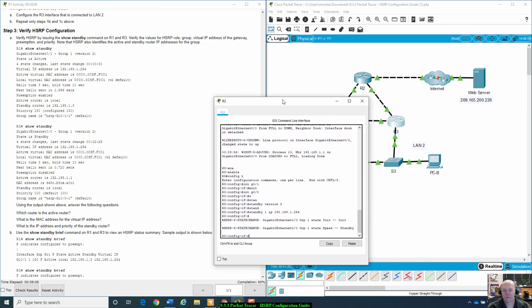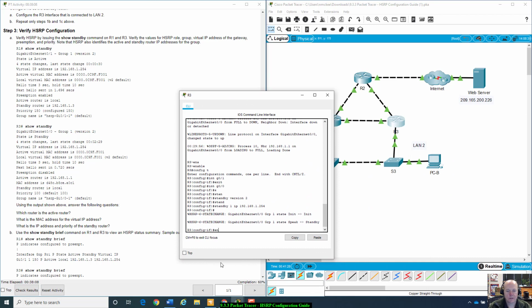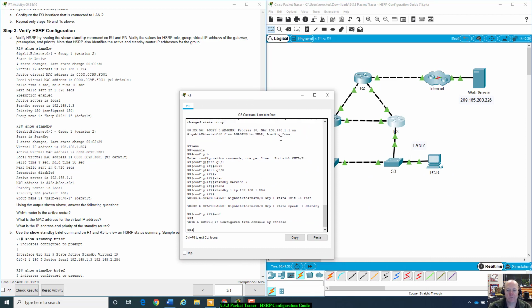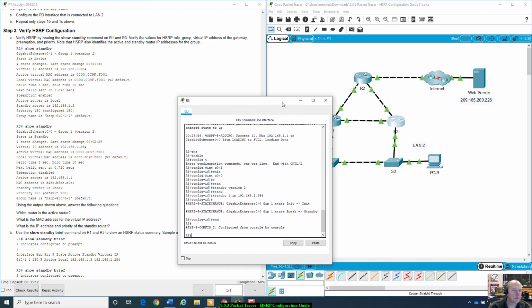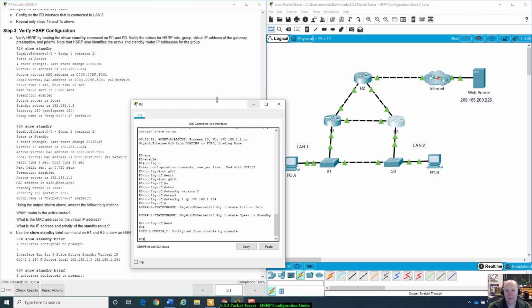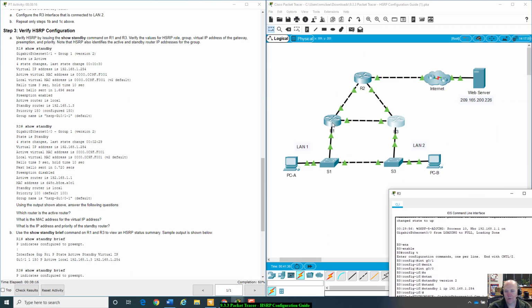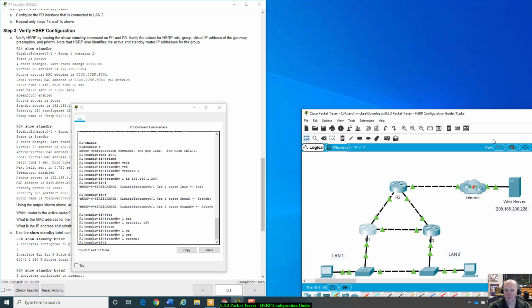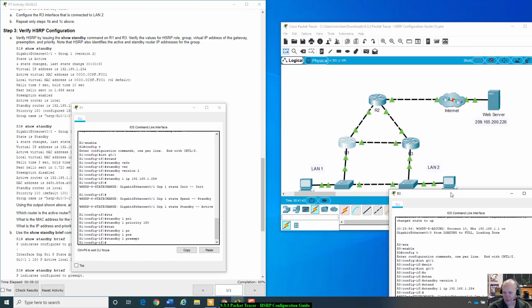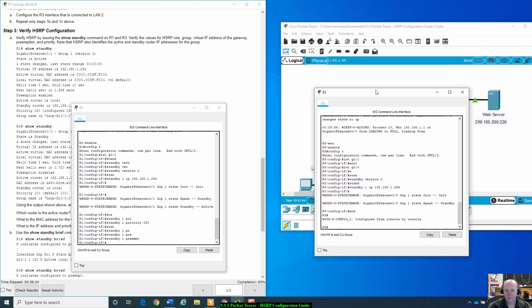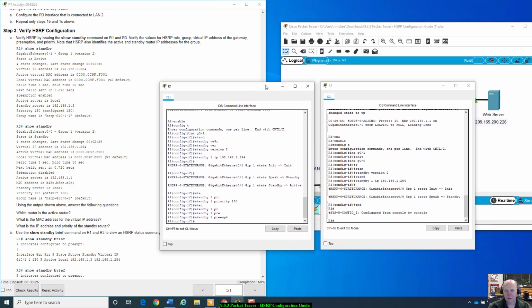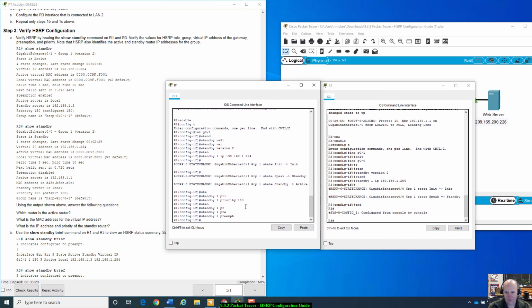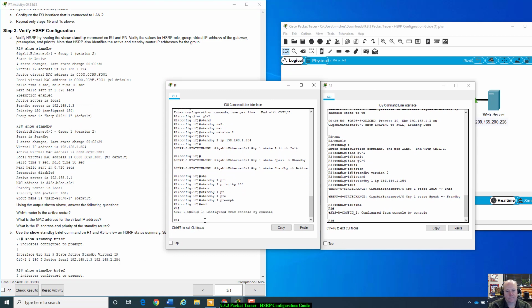All right. So let's actually do end to get back to our privileged exec mode. And I like making sure these are on the right side. All right, so I got R1 on the left side. R3 is hiding back here. All right, so let's tile those side by side. Let's end that. All right, so